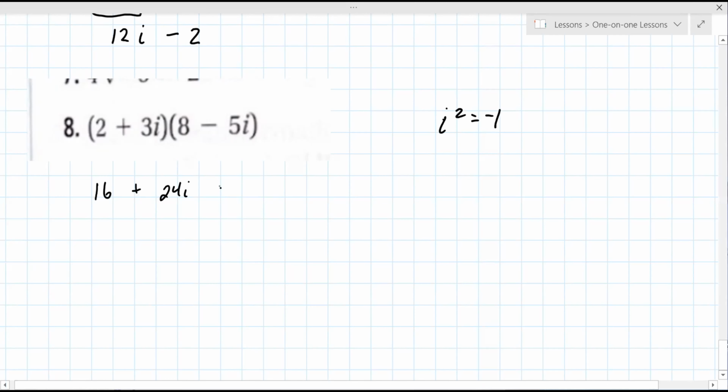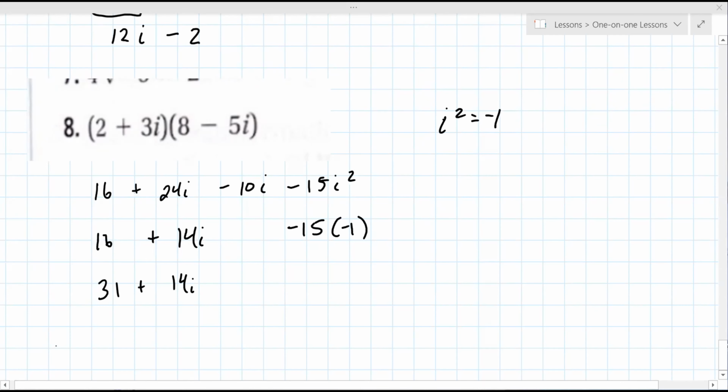Okay, so I'm going to write out the expansion, and the thing that you're going to see here is that this is negative 1. So you have 16 plus 14i, 31 plus 14i. Yeah, you got it. The next one you're going to see is,